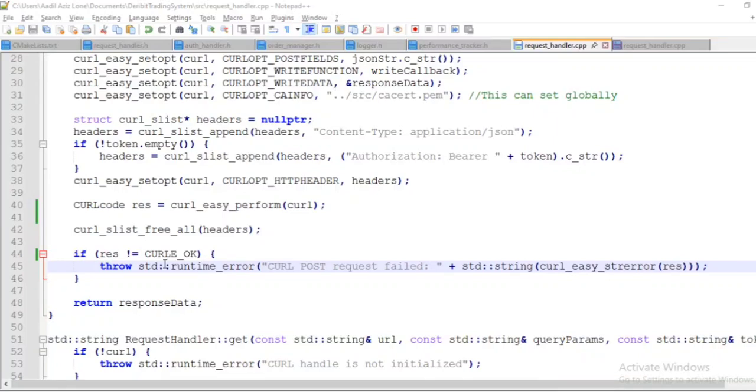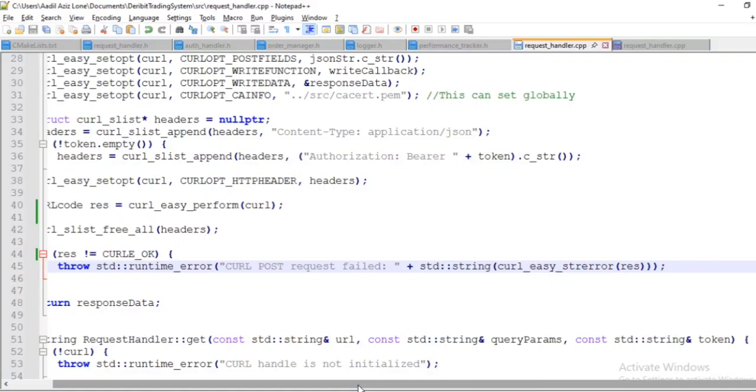If the request is unsuccessful, then we must throw a runtime error. So if the response code is not equal to CURLE_OK, which is basically 0, then the request was unsuccessful, and we're going to get a non-zero value as a response code. So if that is not equal to CURLE_OK, then we're going to throw a runtime exception, a runtime error,